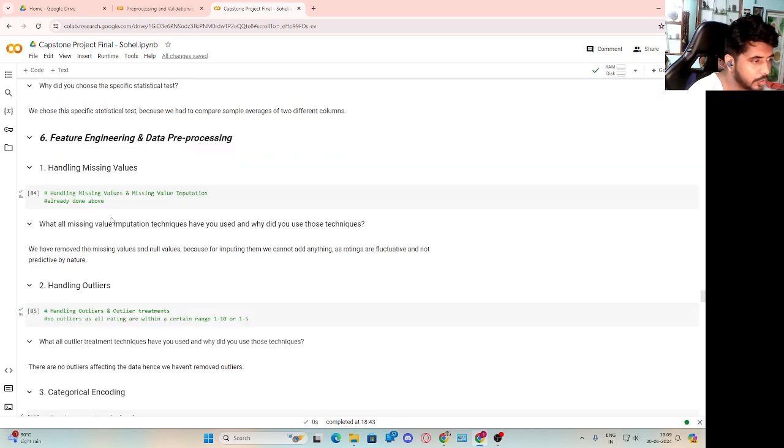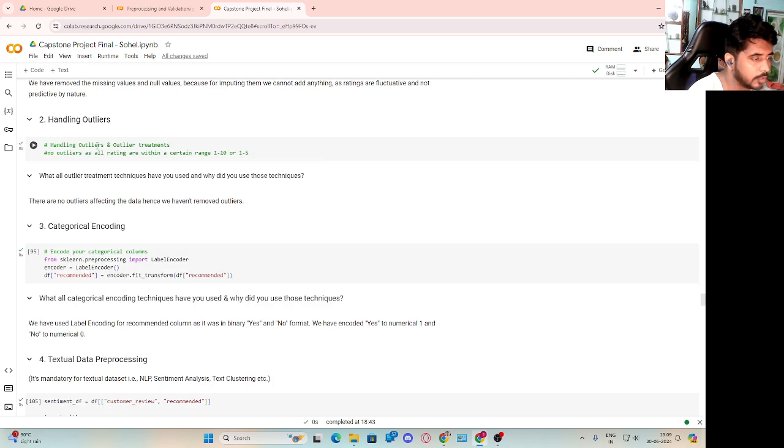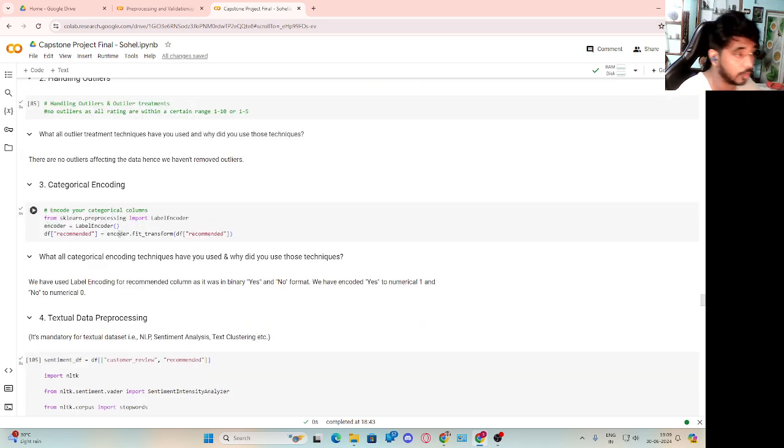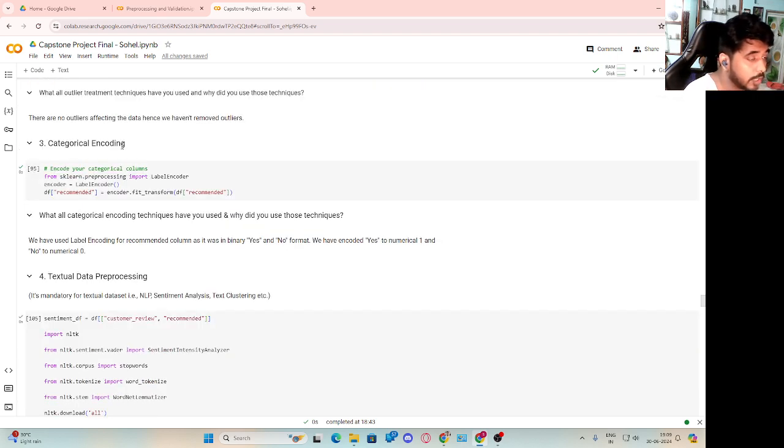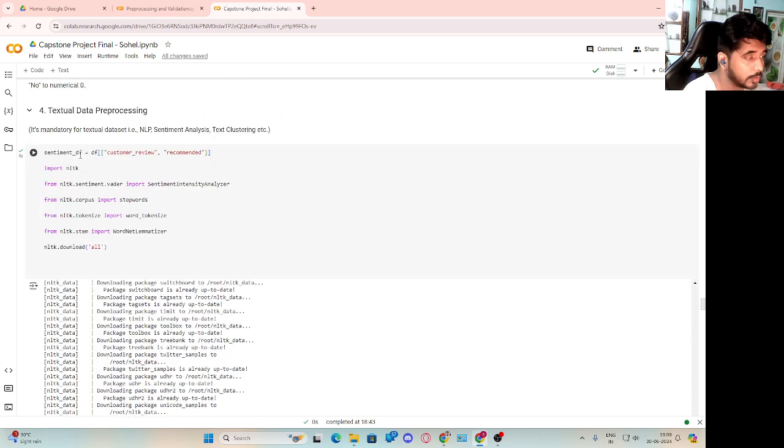So next, feature engineering and data processing. I have already handled the missing values. I have also handled outliers, since there are none, because the ratings are in the range from 0 to 10 or 1 to 5. For categorical encoding, we are encoding only one column, which is recommended, which is in the form of yes or no. We are encoding it into 1 or 0, which is required for the machine learning